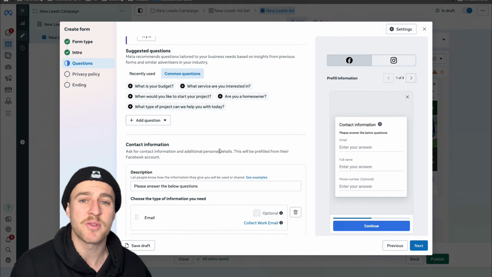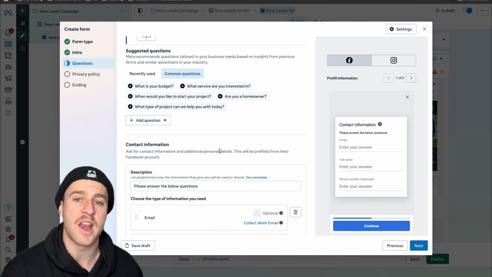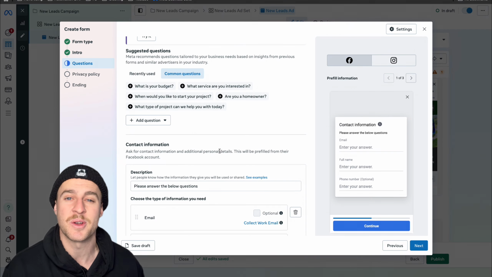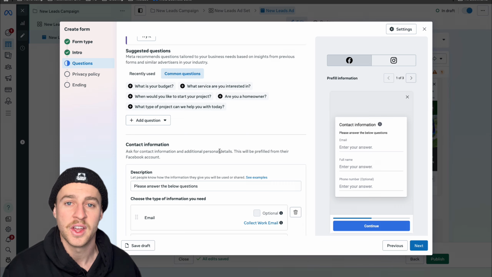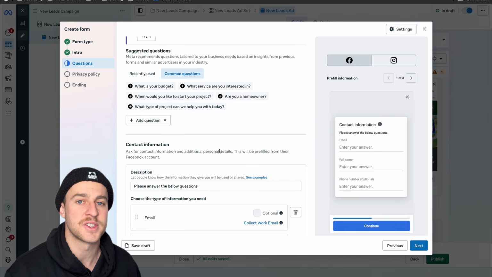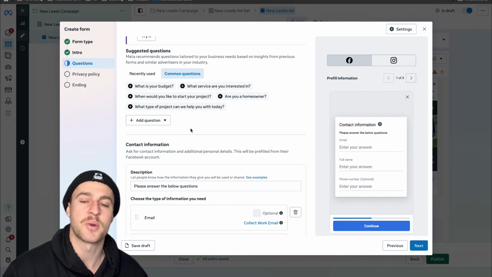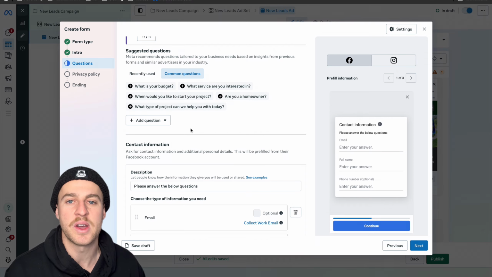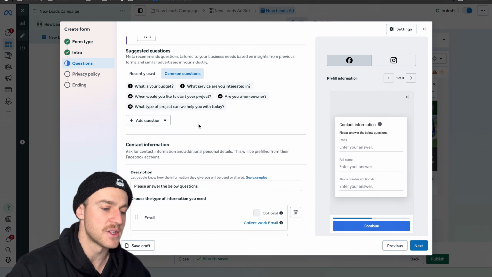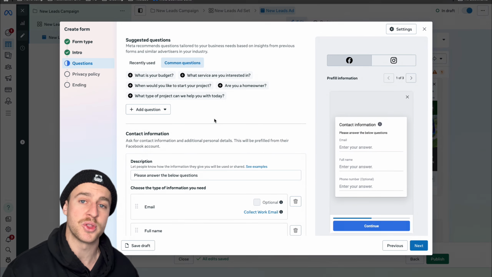So I usually have around 3 to 4 questions. This is the golden area that kicks out all of the tire kickers because nobody's going to put in that effort to go through 3 to 4 different questions to get a quote from you, right? If they don't care that much about the quote, they're just going to bump off after the first question. But the questions that I typically ask is what service that they're interested in, when do they need it done, and what's the best form of contact, email, SMS, or phone. There's 3 questions for you that I know work,